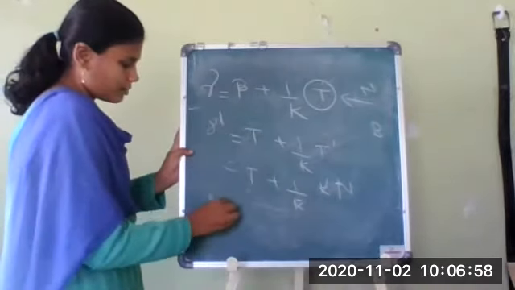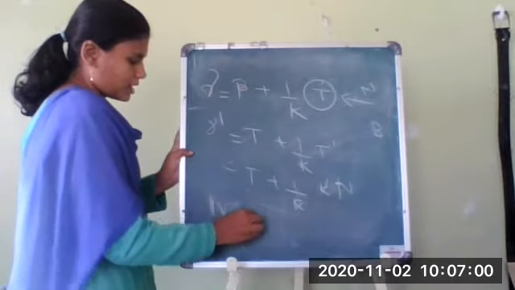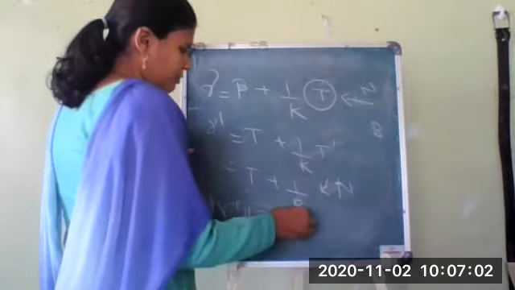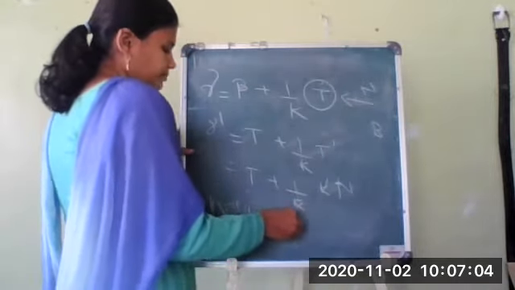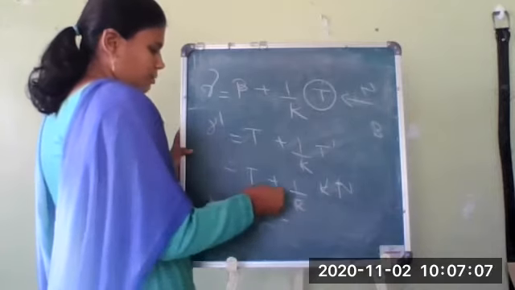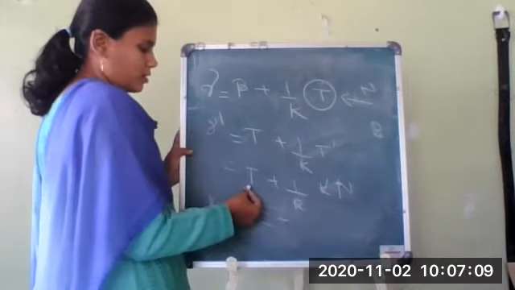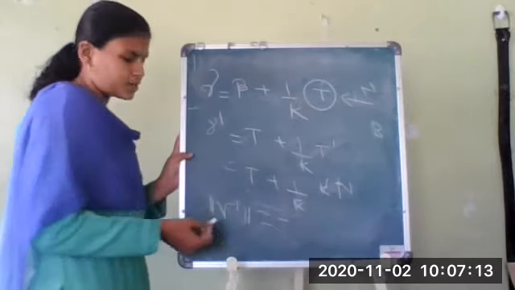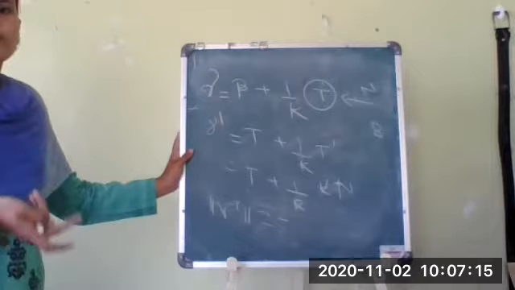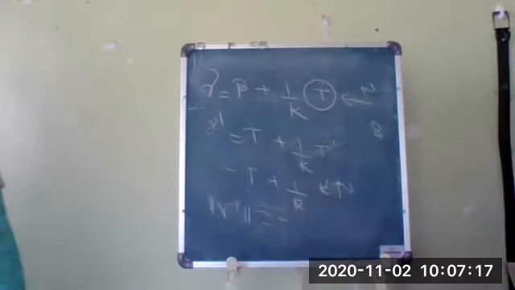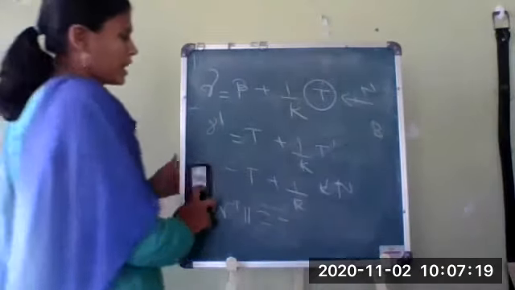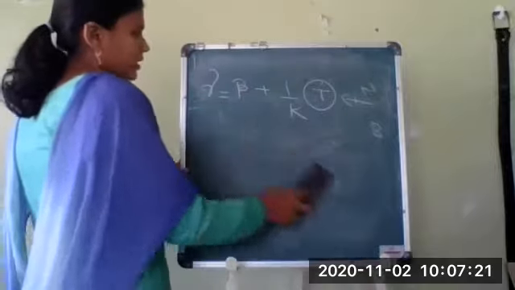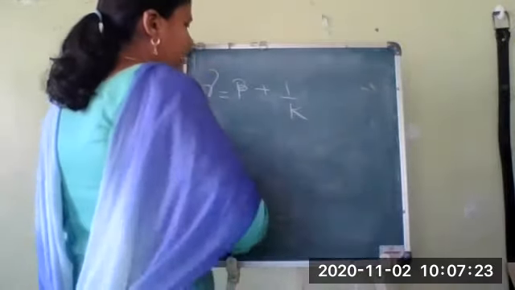So what will be the norm on both sides? Norm of gamma dash is equal to norm of t plus norm of n. That is, norm of t is 1, norm of n is 1. So norm of gamma dash will be equal to 2, which will not be useful for us. What we want is gamma dash should be equal to 1. That we need.